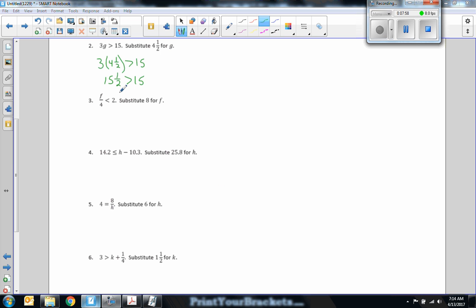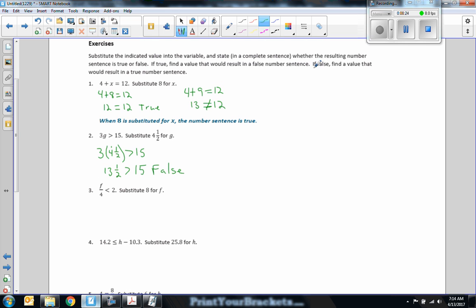Okay, that is not true. My fault. I multiplied wrong. 3 times 1/2 is 1.5. I said 3.5. It's early. Okay, so 3 times 1/2 is 1 and 1/2. 4 times 3 is 12, plus that 1 is 13. 13 is not greater than 15. That is false. Okay, so it says, if false, find the value that would result in a true number sentence. Okay, so now I have